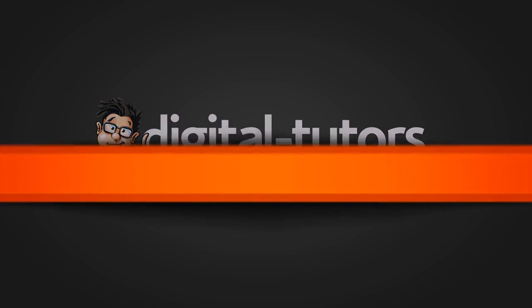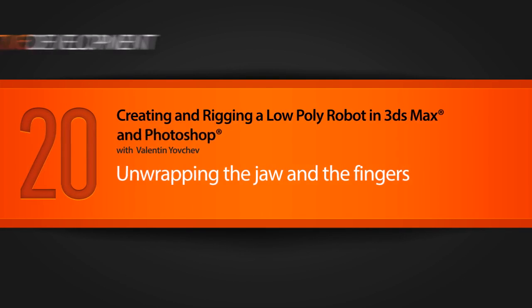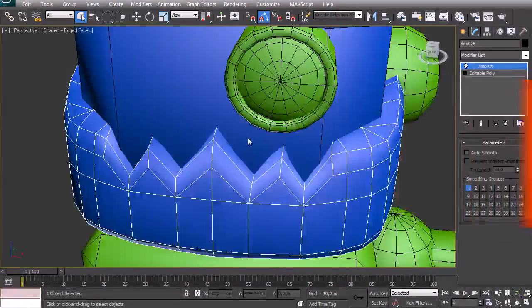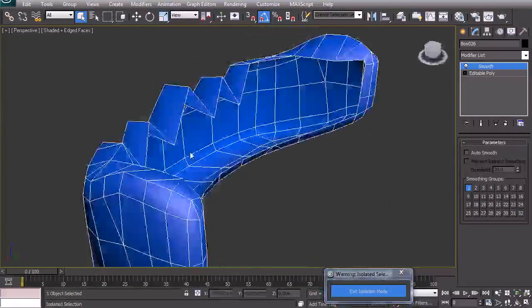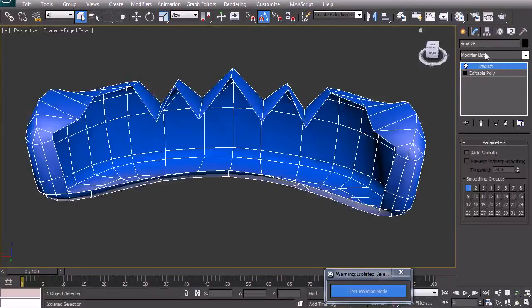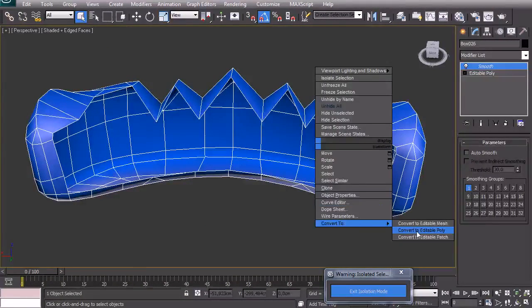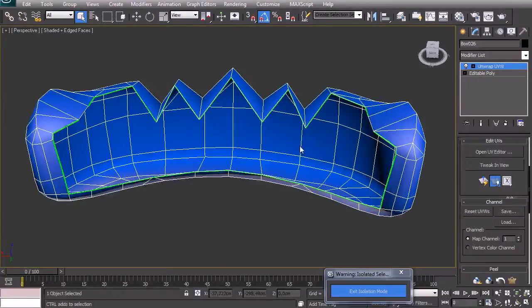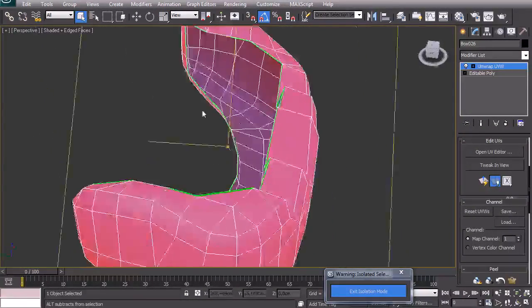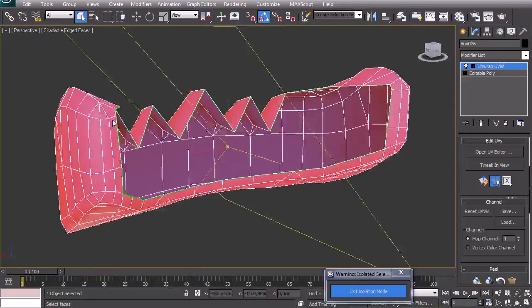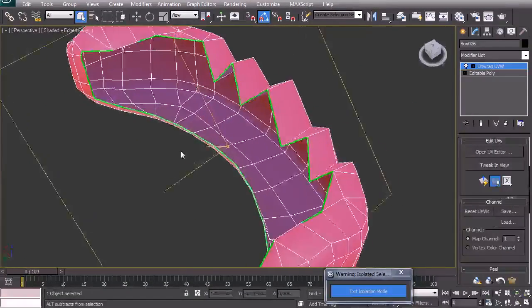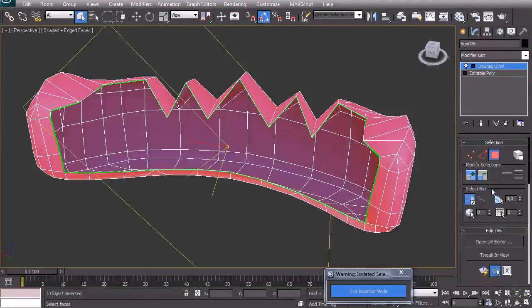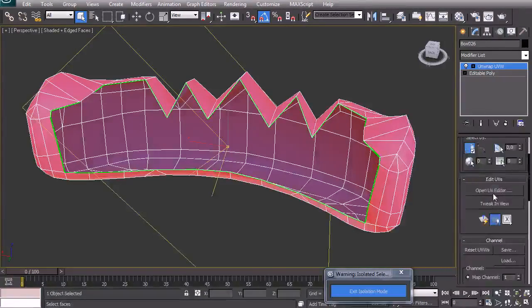Now again, the first thing I'm going to do is save as robot low poly 020. So I'm going to select this piece and we're going to move on to this one. I'm just going to go and apply convert to poly and apply unwrap on it. I'm going to select anything, and since it has a hole, I don't need to cut a piece or anything inside of it, so I'm just going to go up and open the UV editor,